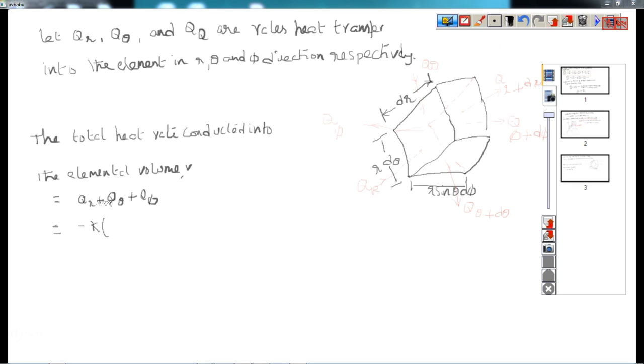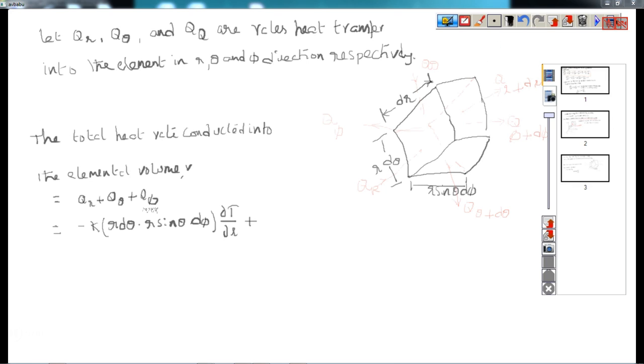The area normal to the r direction is simply r d theta into r sin theta d phi, into dou T by dou r. Okay, plus